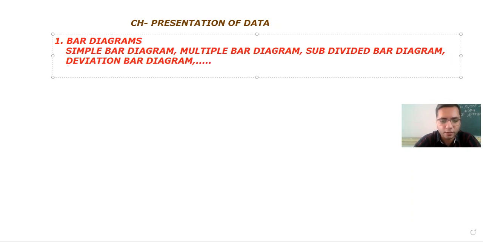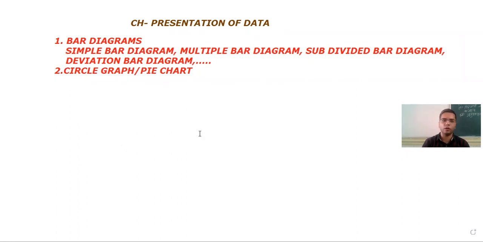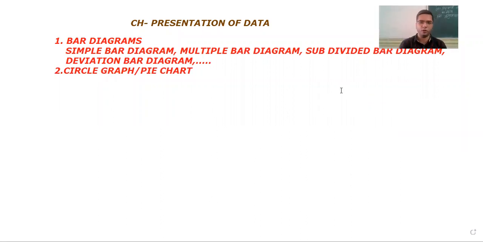Along with this, you can of course go for a circle graph, and maybe you know the circle graph by the other name, that is, pie chart. This is also one of the ways to present the data in a different form, so the circle graph or pie chart is also one of the major points to present the data. All right. Now I'm writing some data here. Let's try to make that data in the form of a simple bar diagram.